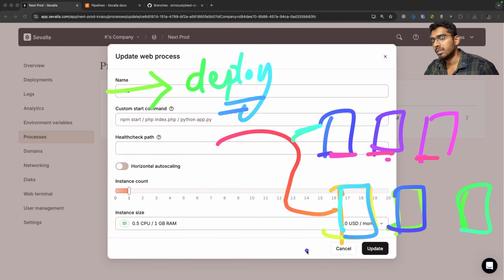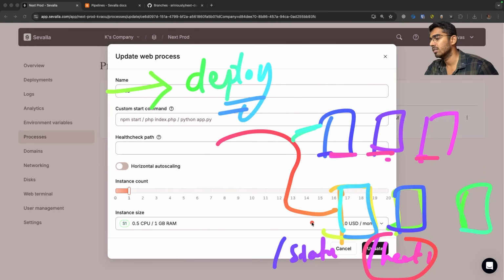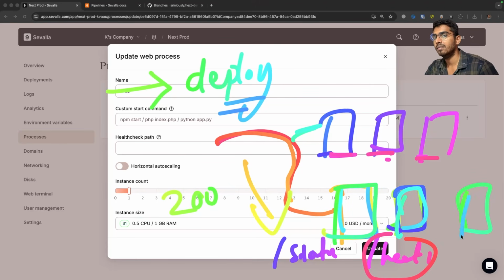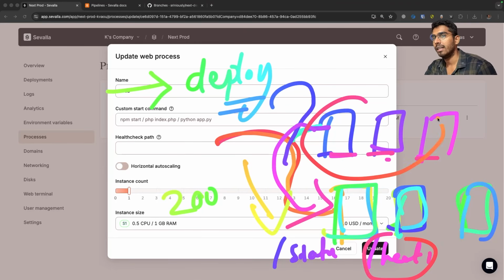They expose a particular endpoint, usually something like status or health, right? An endpoint which is exposed from the application or the server. So what Sevalla, or the infrastructure, does is try to send a request to that particular endpoint, either status or health. If the response is 200, which is a successful response, that means these new containers are live. That means Sevalla can redirect all the traffic from here to here, and it will finally go ahead and delete